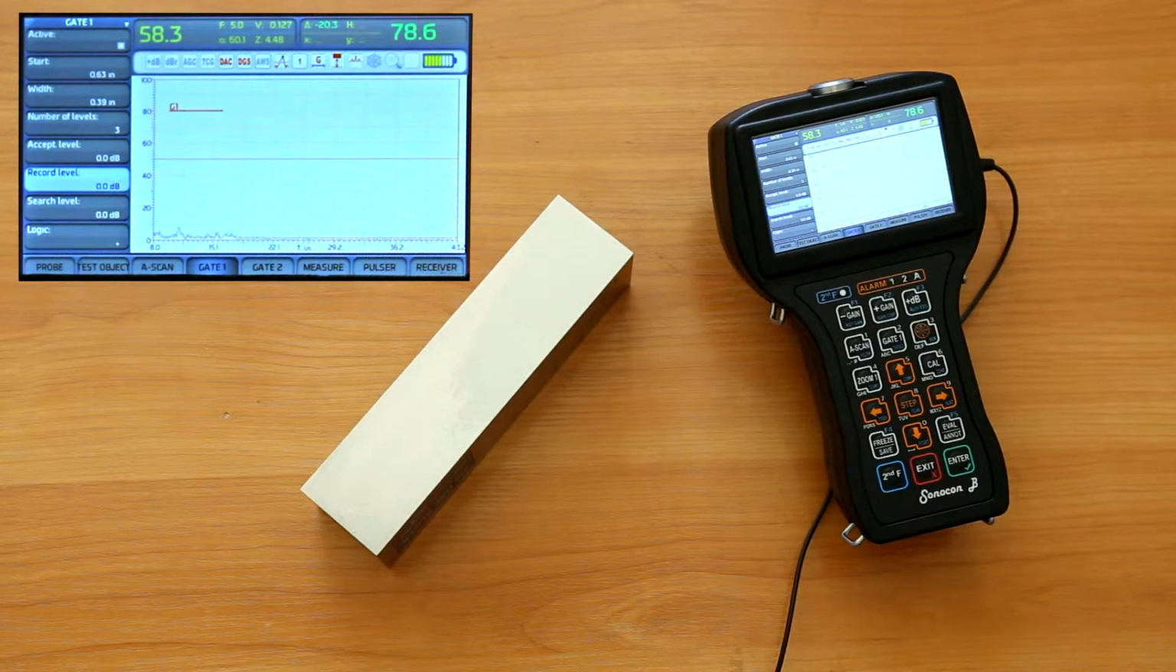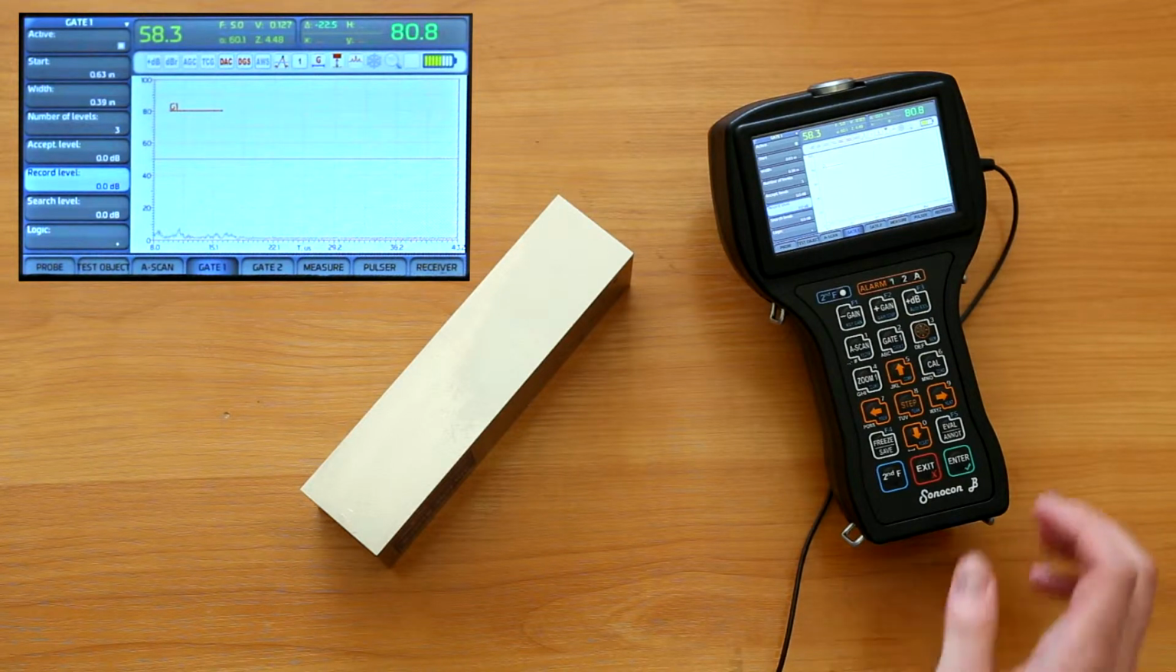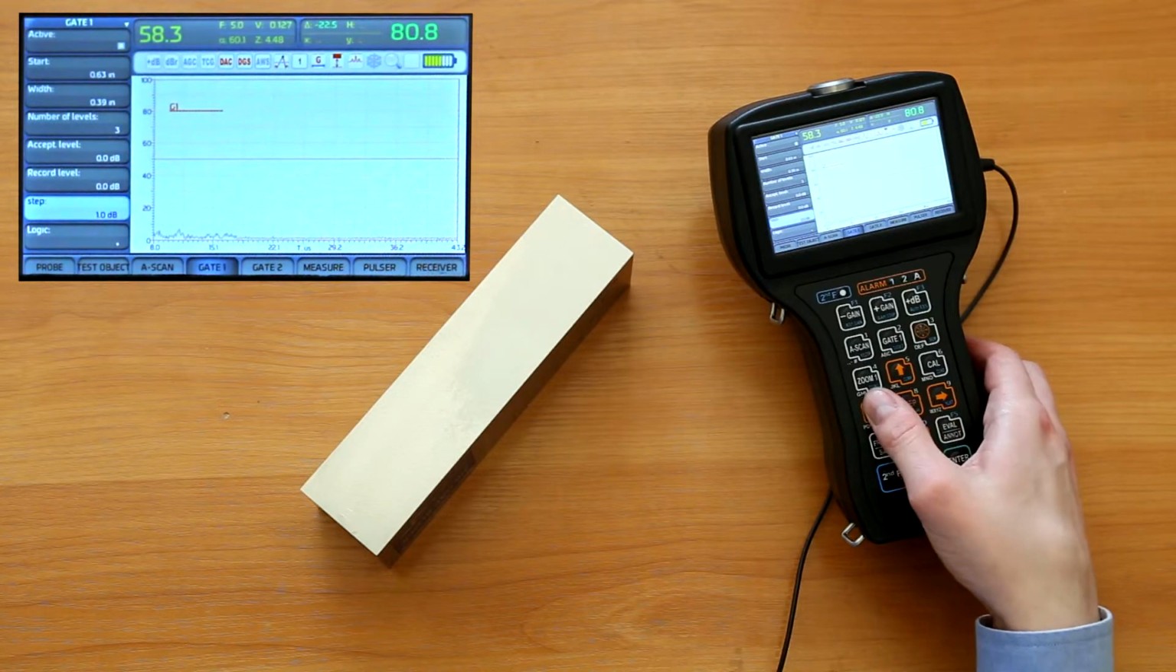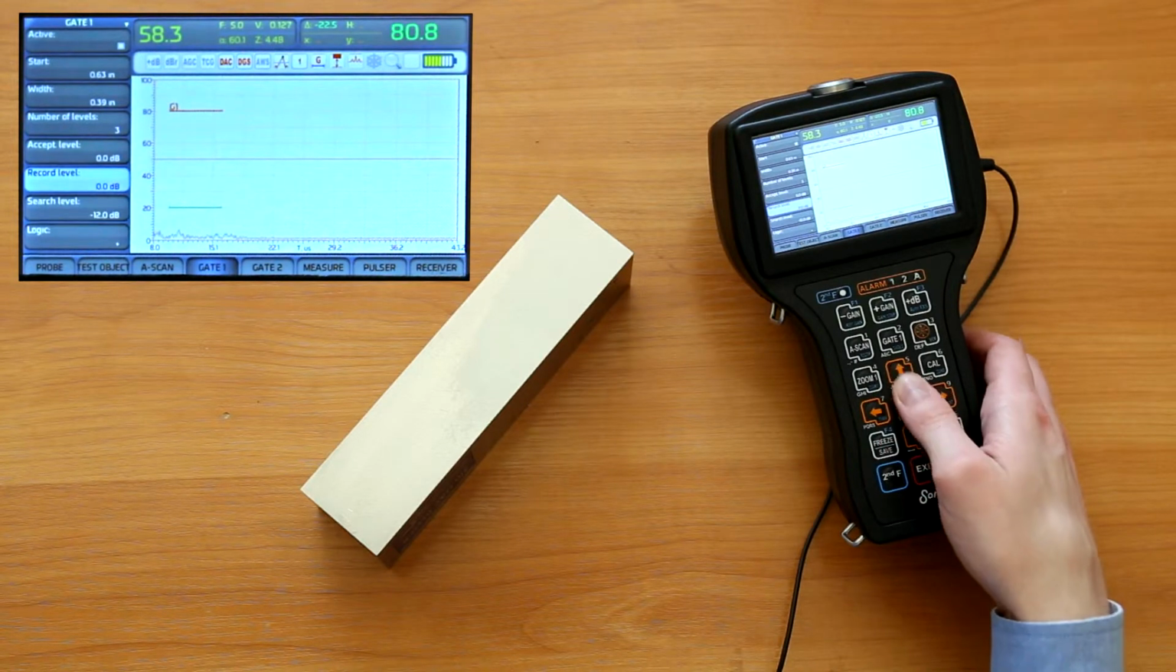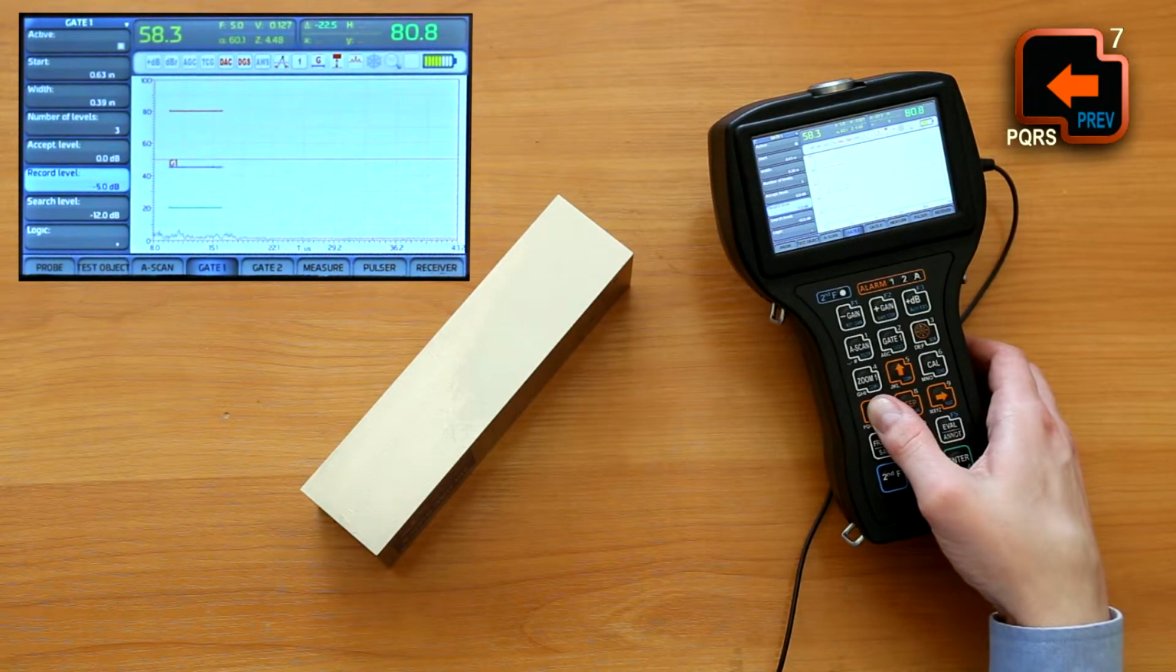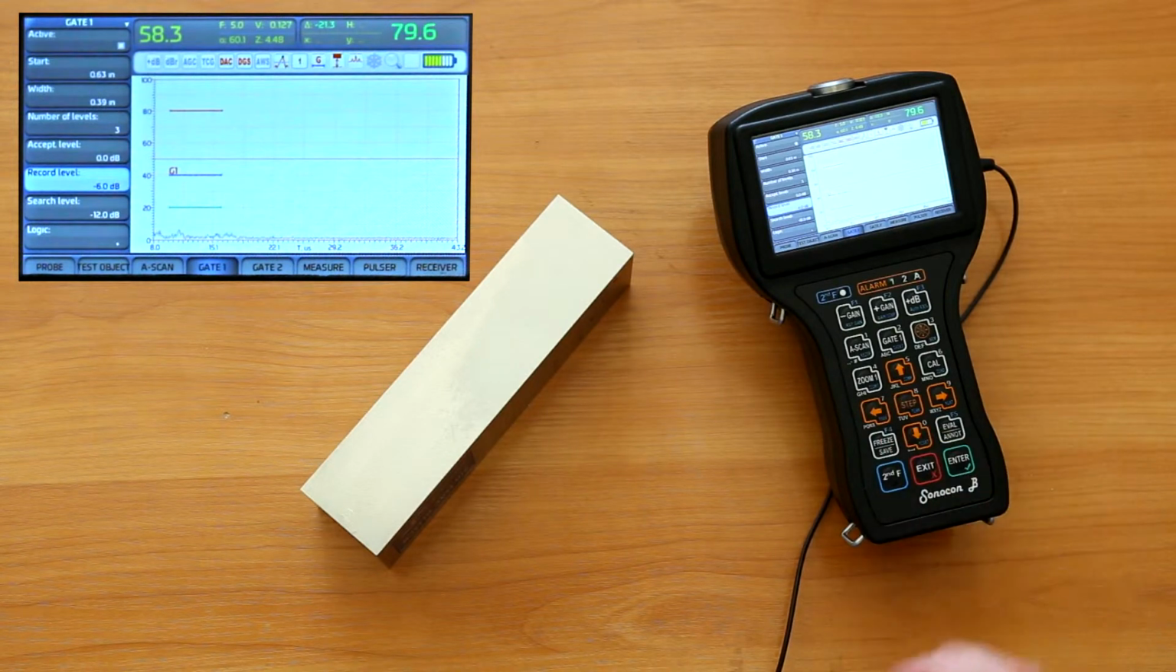So, with a single level gate, we make scanning at the search sensitivity. If something is found, we reduce gain to the record level to see if the indication has to be reported. If yes, reduce gain once more to the acceptance level for evaluation. With several gate levels, we can keep an acceptance sensitivity, having preset the gate levels to the corresponding sensitivity levels: 80% acceptance level, -6 decibels or other according to the code, the record level, and further the search level. In this case, we can forget about the gain change,